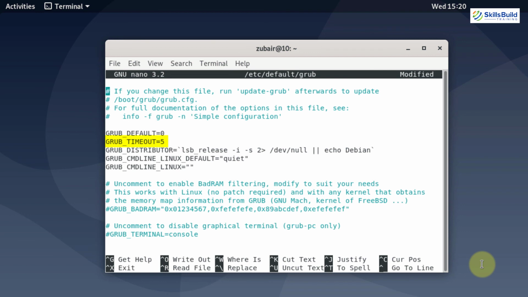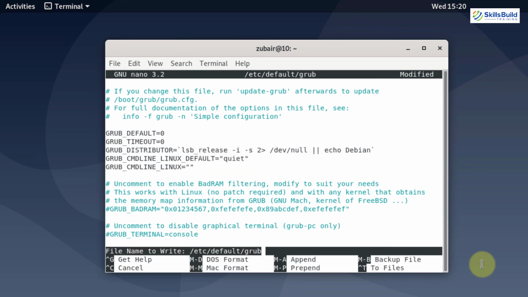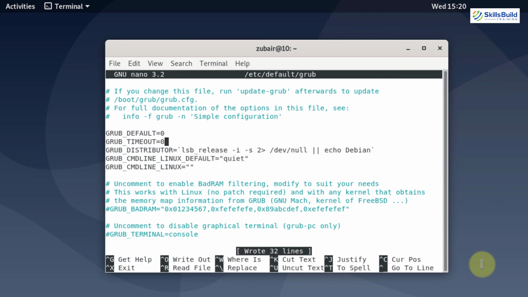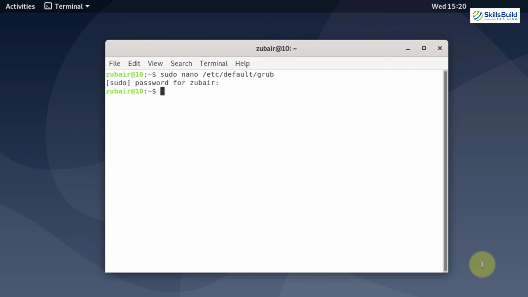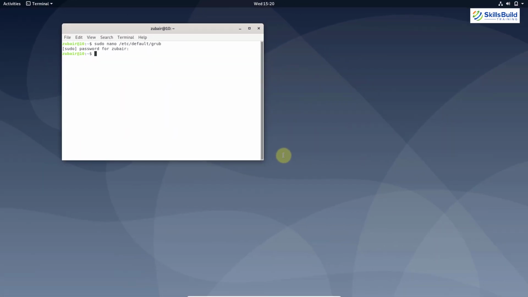And here you can see we have a line which says GRUB_TIMEOUT is equal to 5, and this 5 means 5 seconds. I will reduce it to 0. Now my grub will take 0 seconds on the boot time and we will be able to start our Debian right away. Now press Ctrl O to save the changes. Hit enter. Now Ctrl X to get out of this file. So we are done with our 15 things to do to get the best out of our system.